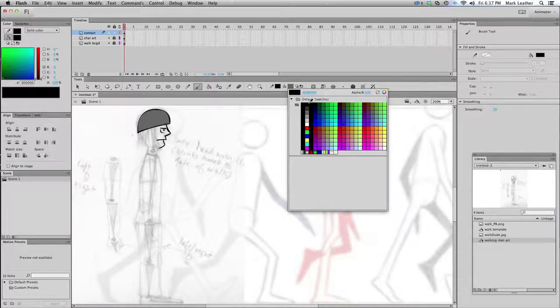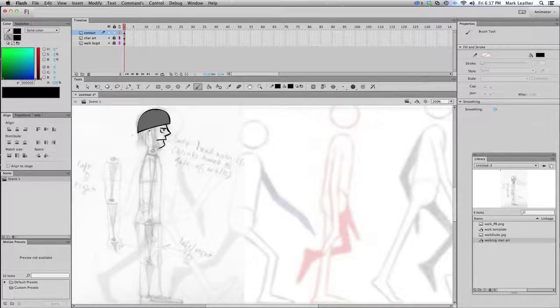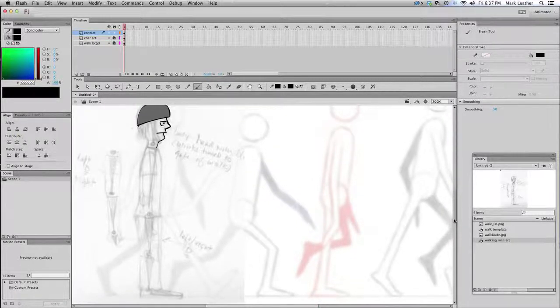And I'll go back to black because I want to outline everything in black for right now. Let's go ahead and make the neck. And one of the things I'm looking at here is what's happening with the arms and the legs here. So I'm going to continue making my character, but I'm going to change the position of his arms and legs. So we'll go ahead, we'll make the shirt,